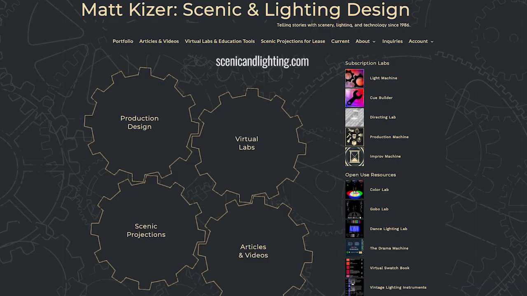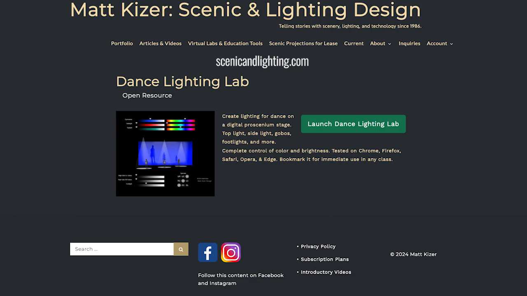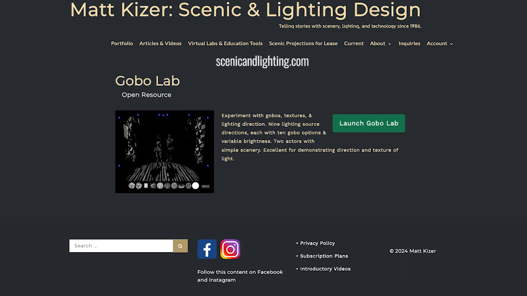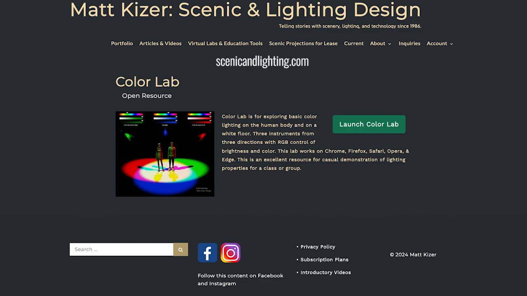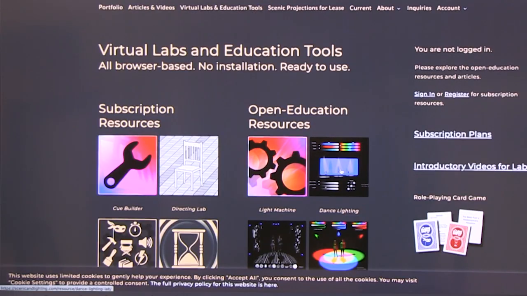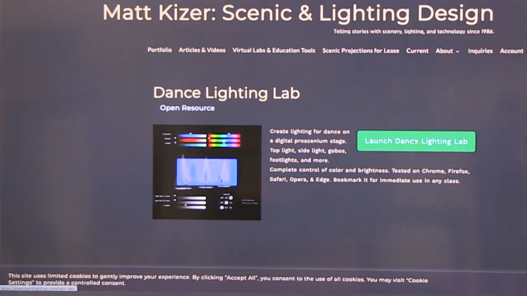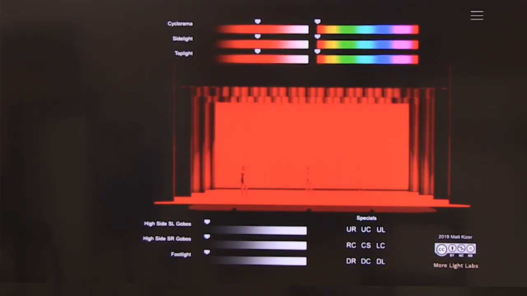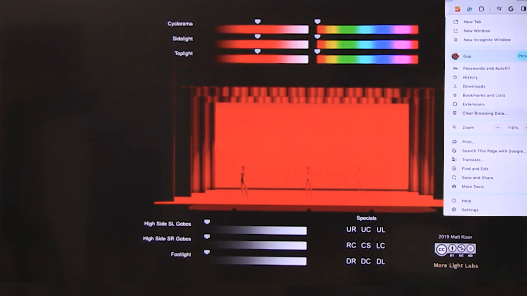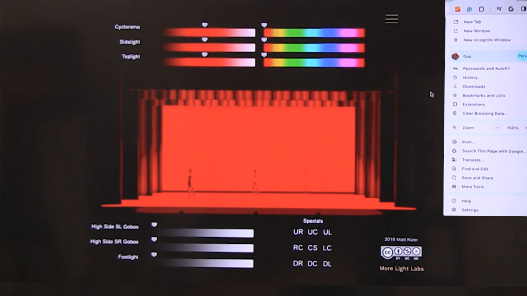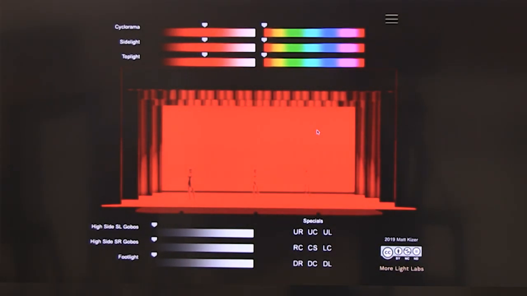So this is a scenic and lighting design lab, and it allows you to work with lighting design and how lights interplay, how the colors and the shadows work, and things like that. It has an interface for iPads as well as on the computer, and it is a Creative license that we can use here. I'll make it a little bigger so you can see it. Right now, everything's red.